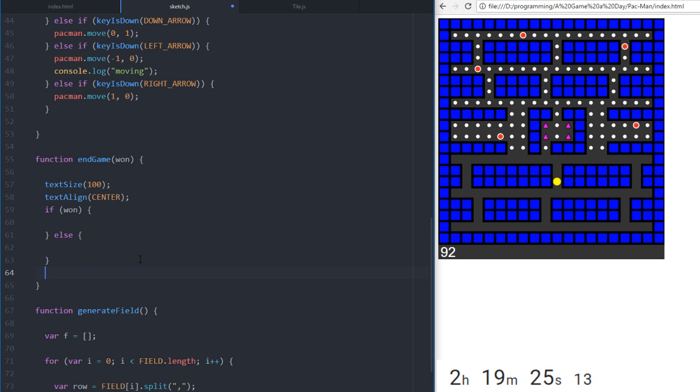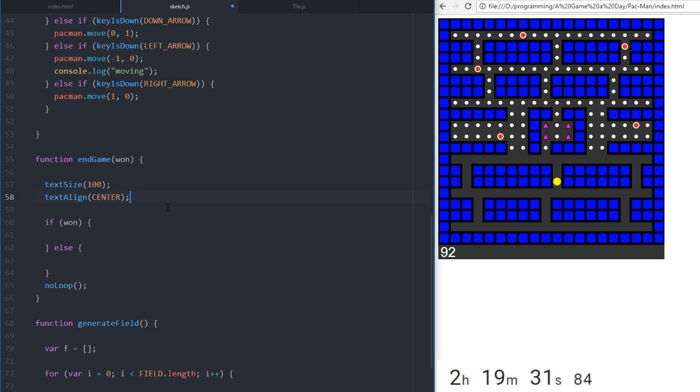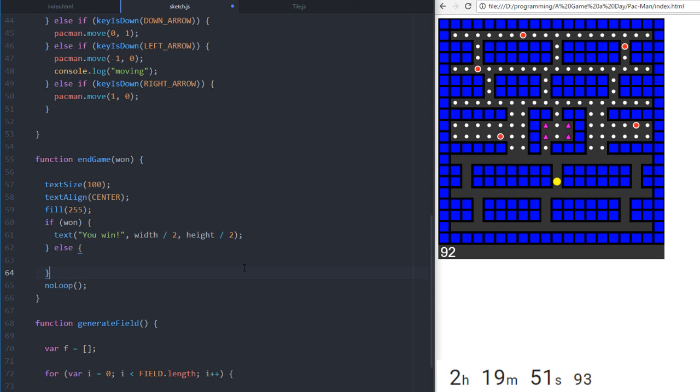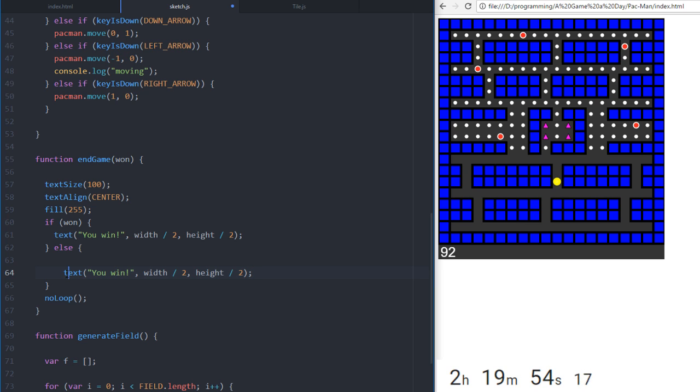And then we will also say no loop down here, and we will say fill 255. So then we do text you win at width divided by 2, height divided by 2, and then we'll delete this, you lose,